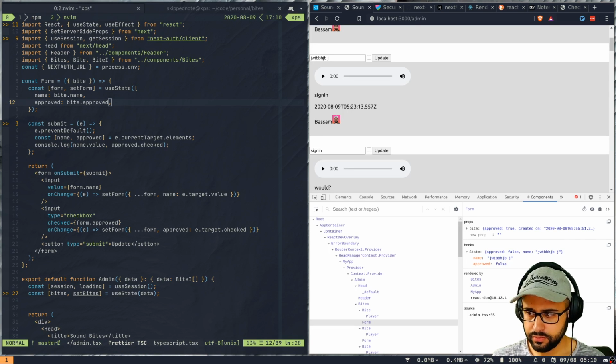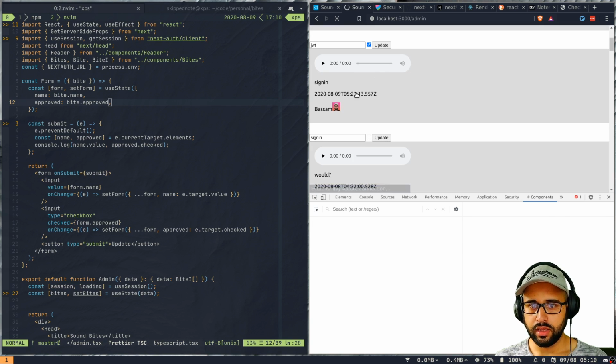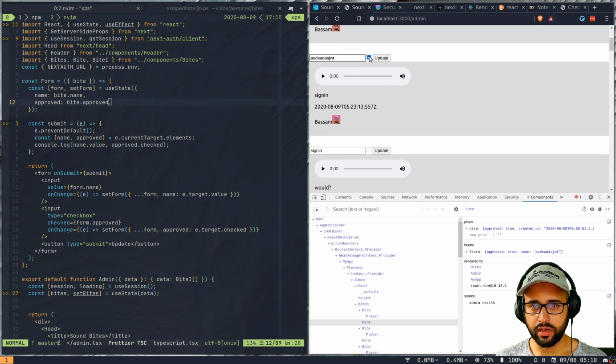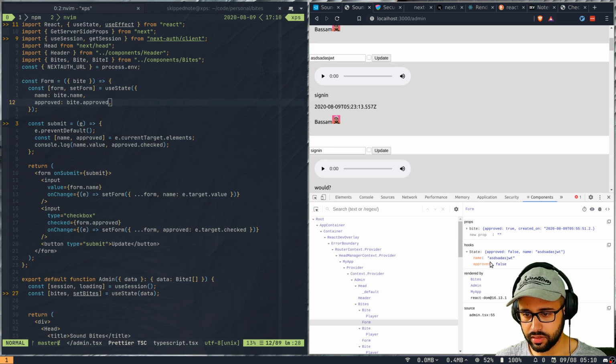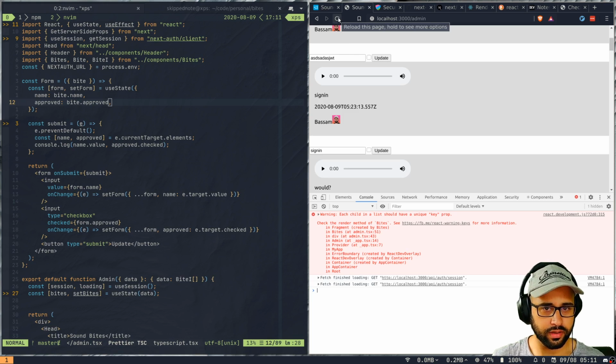So coming back here, we already have our form component, and it has its own state. I think we can update the input values, update it here, and you see the state for each form gets updated accordingly. Now we just need to hook up the update button, and the way it would work is,